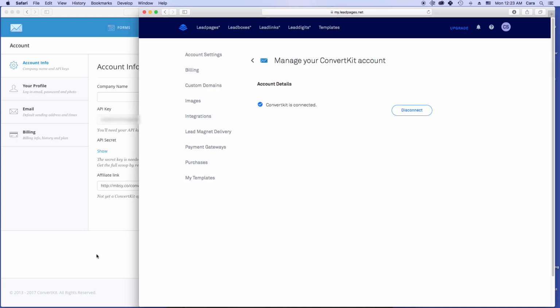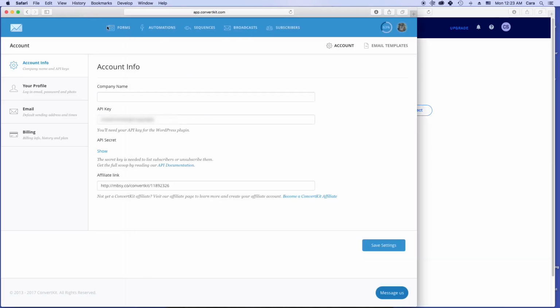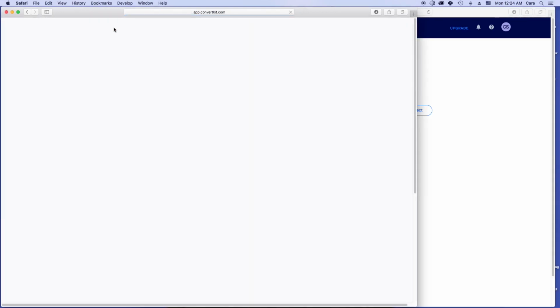Once you have those two connected, then basically what you're going to do is set up a form. You've already got a form that people will see in your lead page, but you also need the back-end form in ConvertKit, which tells ConvertKit where to put that data and what to do with it. So back in your ConvertKit account,